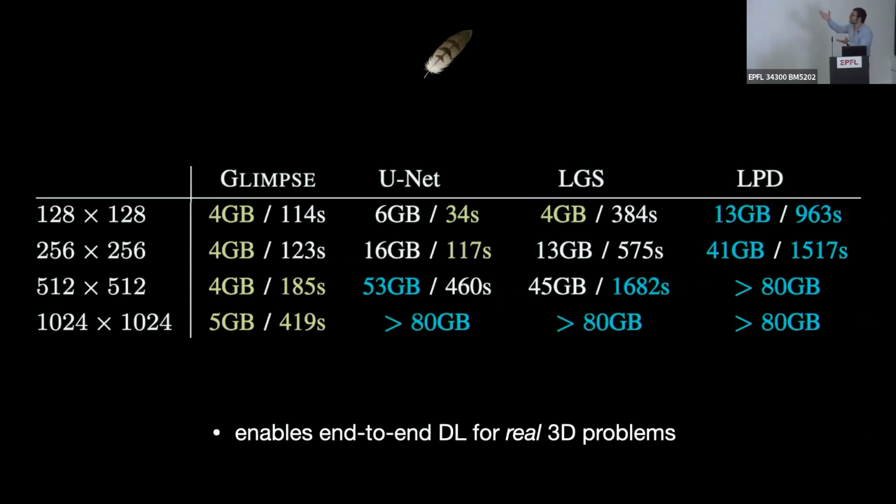But also it results in networks that have almost constant memory footprint when you go to high resolutions, like 1024 x 1024. Other stuff, you cannot fit it in a GPU. So maybe you can, with multi-GPU setups, but you have to get all fancy in order to work with that. And it's slow. Time per epoch when training these networks, here, whatever, 400 seconds. But here, it's impossible. Here we don't know, right? And that is very important because this actually enables end-to-end deep learning for real 3D problems, if you can build this geometry into these problems.